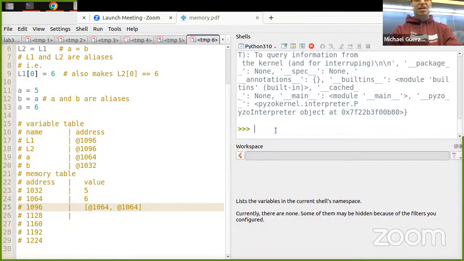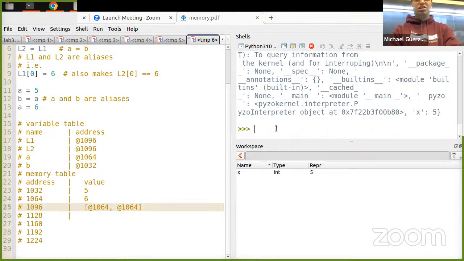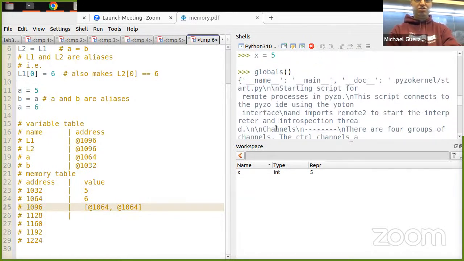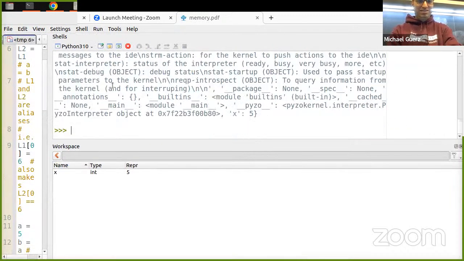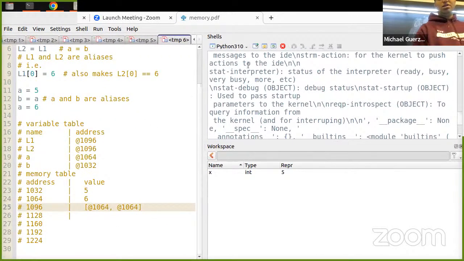And then you define x equals 5, and now x is in the globals as well, in addition to all the other garbage. It's somewhere there. Oh, it's actually the last one. Yeah. Are functions stored in the memory table? Yeah. Functions are also variables.